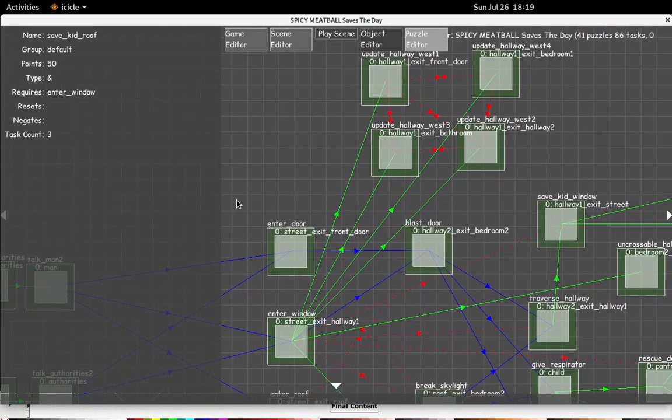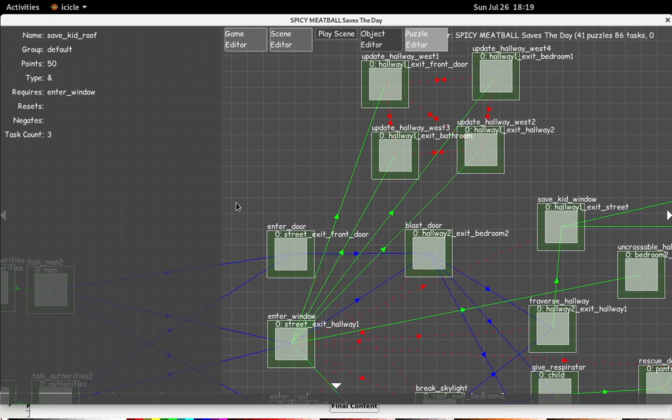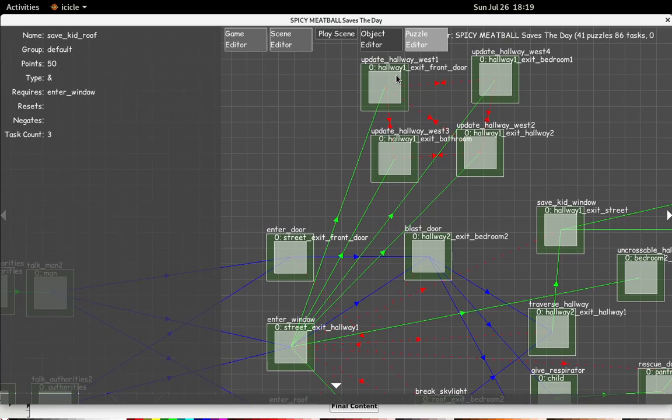The puzzle editor and the state manager make it easier to avoid state-related problems to the extent that you don't ignore them. If you're not paying attention, you still can end up in situations where things aren't doable and you need to update and tweak and change things. But it's programmatically easier to identify dead ends, and unreachable